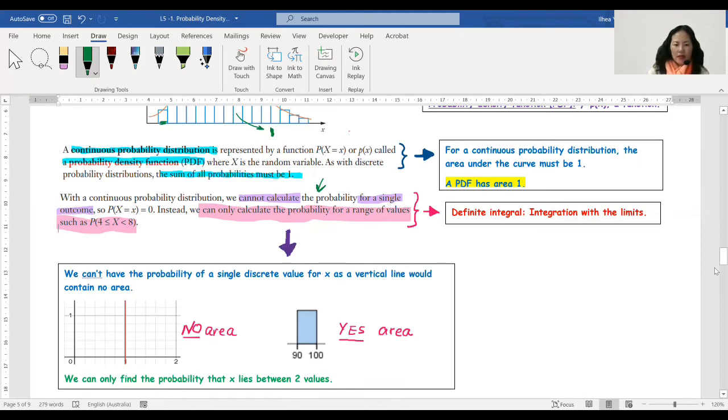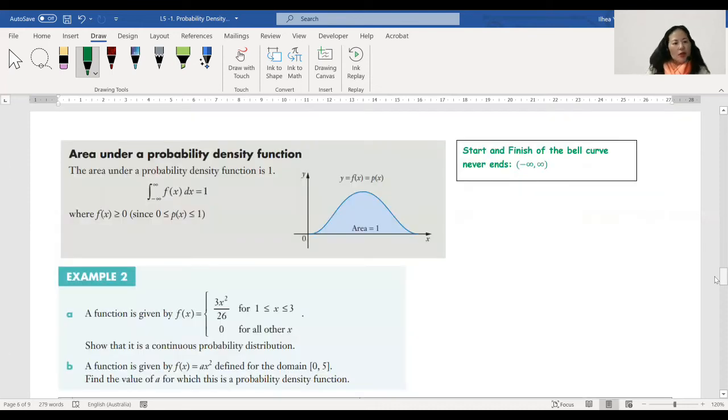But if we had the range of values, which is normally 2 values, so between 90 and 100, we can actually find the area. That's why we can't have a single outcome, but we have to have a range of values. That's what it means. And also, that area under a probability density function, P of x,